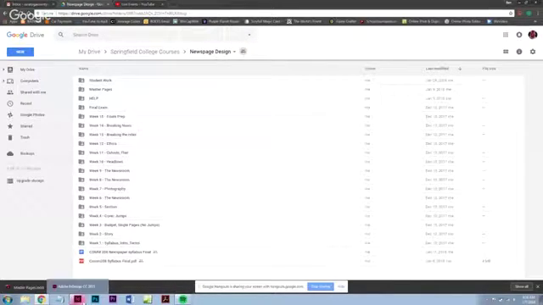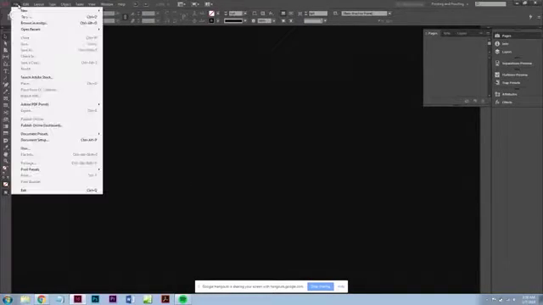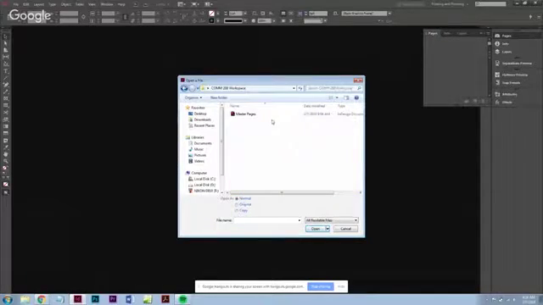Sorry. So go back to InDesign, and you can go File, Open or Control-O, whichever is easiest for you. If you don't see my mouse doing things, it's because I use my shortcuts a lot because I just use this program a lot. So I'm going to open up our master pages,